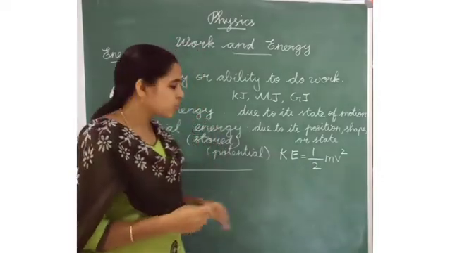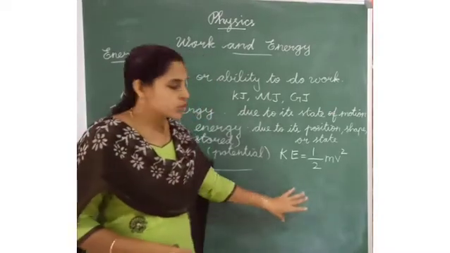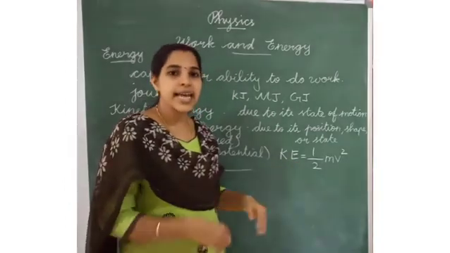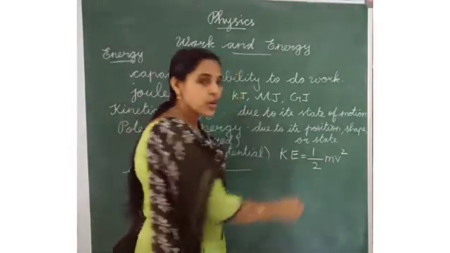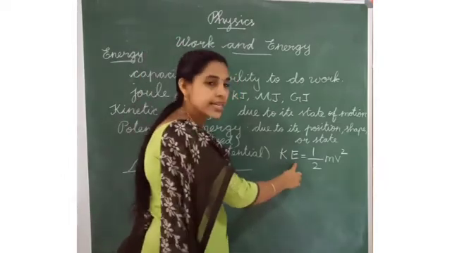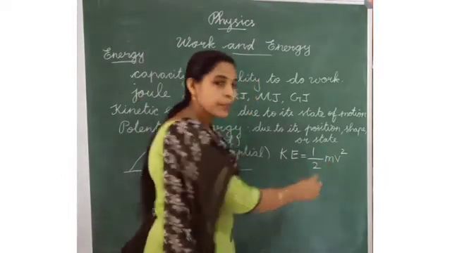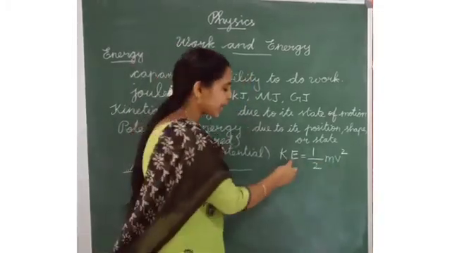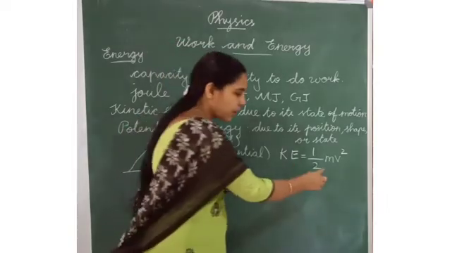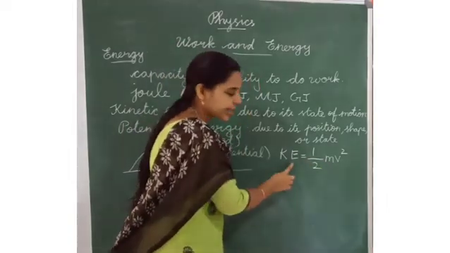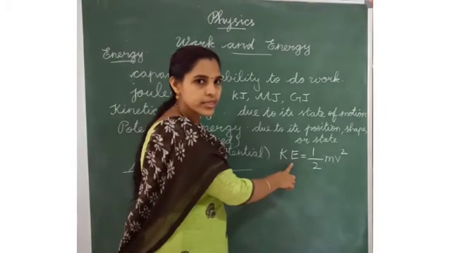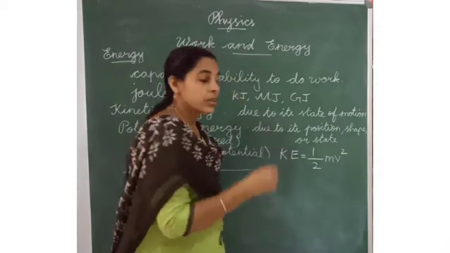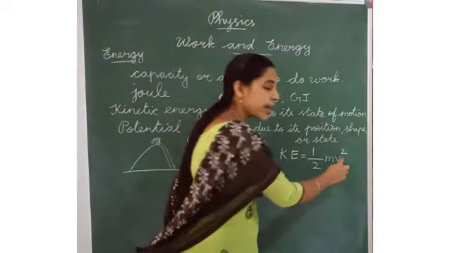Do you understand? According to this, we have two types of laws. Kinetic energy is directly proportional to the mass of an object. That means if the mass of an object increases, the kinetic energy will increase. Do you understand? Next, kinetic energy is directly proportional to the square of the speed of